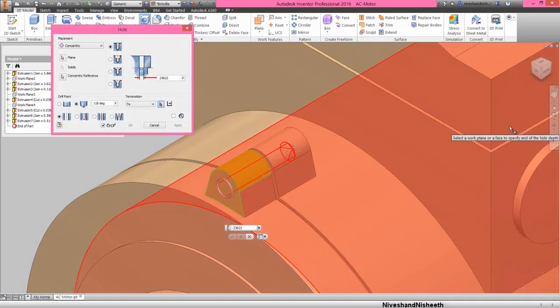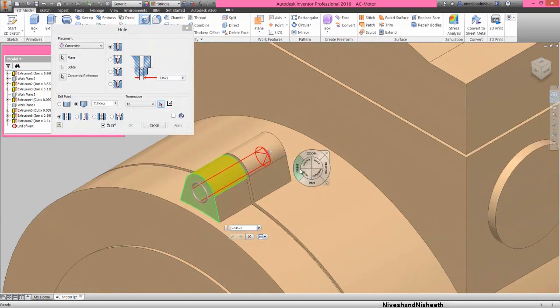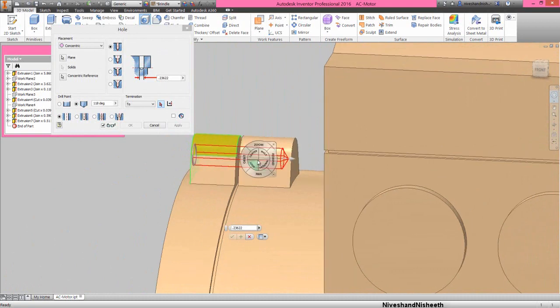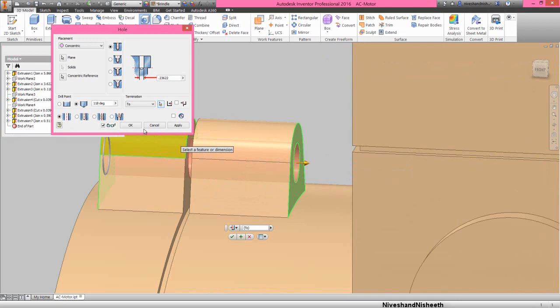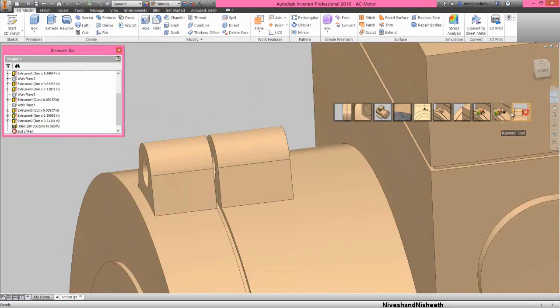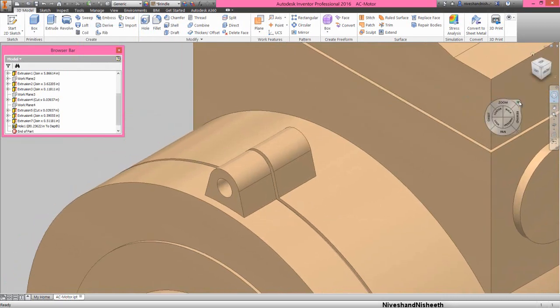In the termination area, select the face. Select this face. Now the hole preview is visible here. Alright, my hole is created here. Okay, it looks good.